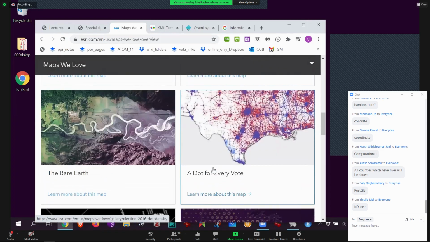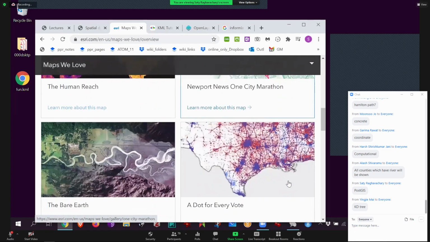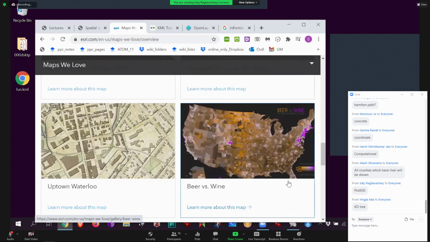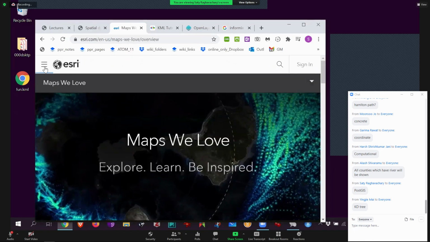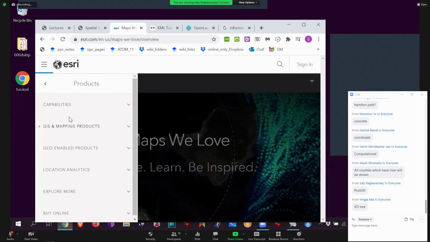By the way, they have APIs to make maps. One way to make maps is drag and drop. They have a drag and drop interface where you can drag and drop points, say all the art installations in Los Angeles, and then you can share your map just like that. So you don't even have to be a map software writer. A second level that they have is a tiny bit more programming. Just simply connect some components together, and then you can deploy the map on the server. The third thing you can do is actually write Android or iPhone applications and make map software. So they have two or three layers at which people can make maps. It's all in here somewhere, developers and products and solutions. So cool. But the flagship product is basically ArcGIS.